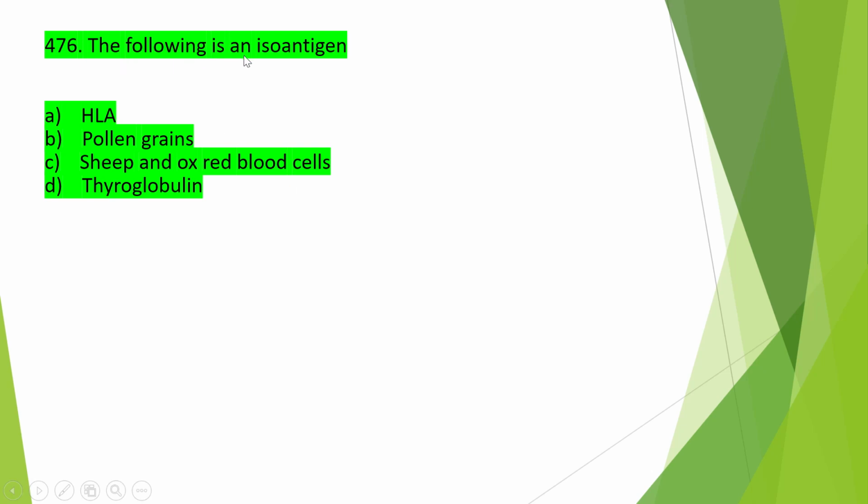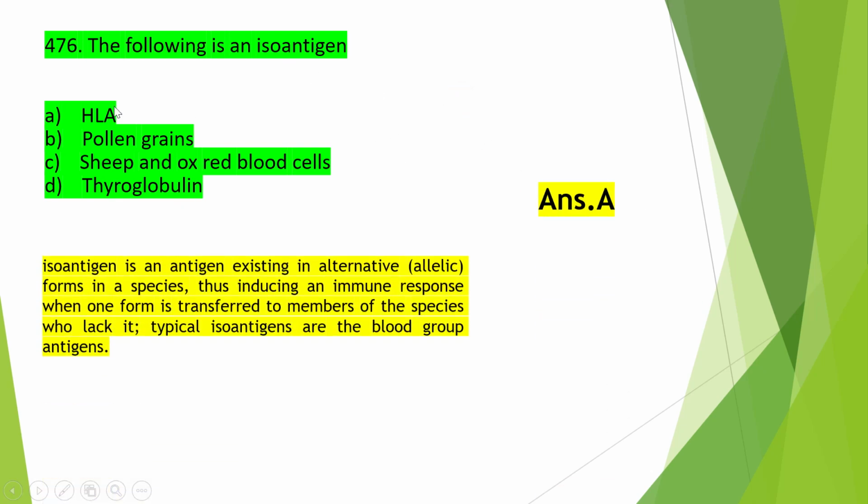So the following is an isoantigen. The options are HLA, pollen grains, sheep and ox red blood cells, or thyroglobulin, and the right answer is option A. So HLA is the isoantigen. An isoantigen is an antigen existing in alternative or allelic forms in a species, thus inducing an immune response when one form is transferred to members of the species who lack it. So typically isoantigens are the blood group antigens. Okay, so move on to the next question, that is